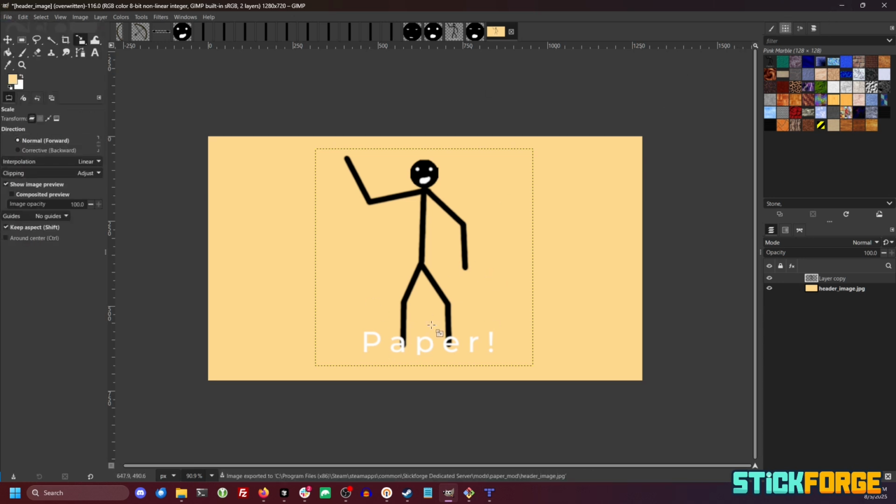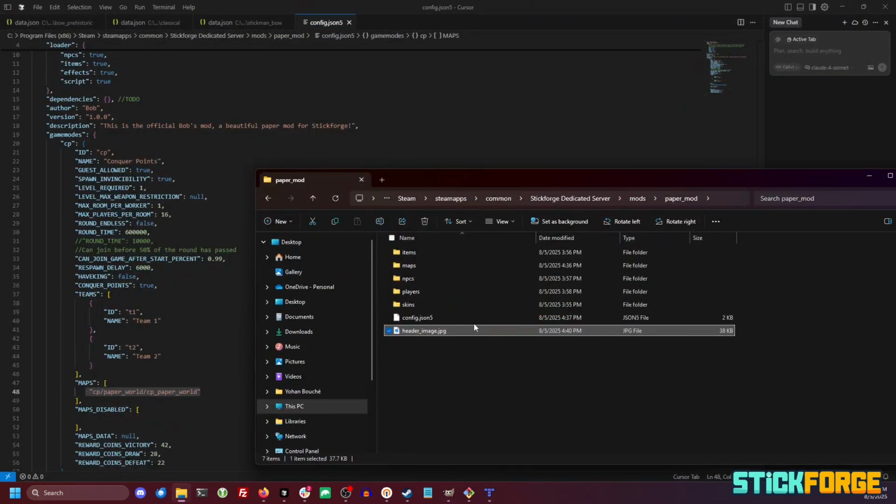Perfect. So it's up to you here. It's an overview image for the Steam workshop for your mod, so you can design what you want. Use your imagination and feel free to design the best showcase image. So let's verify. Okay, perfect. So the last step